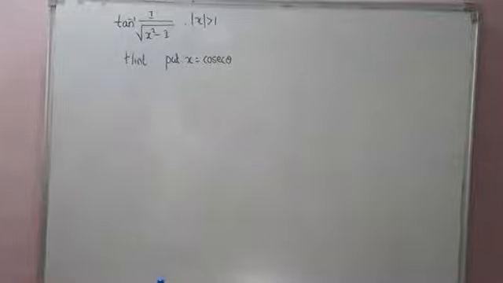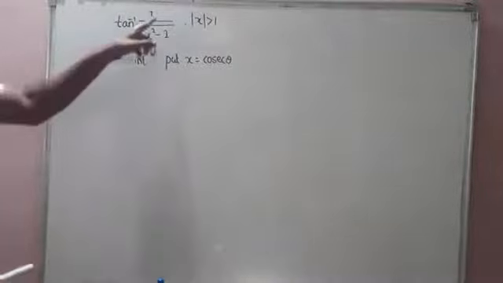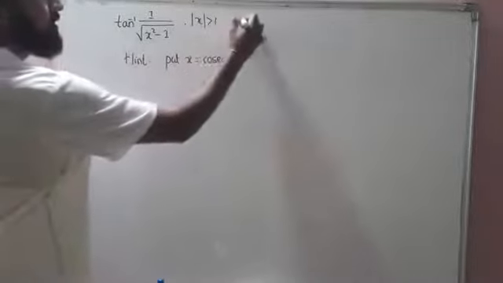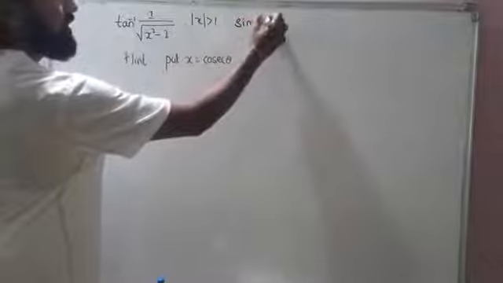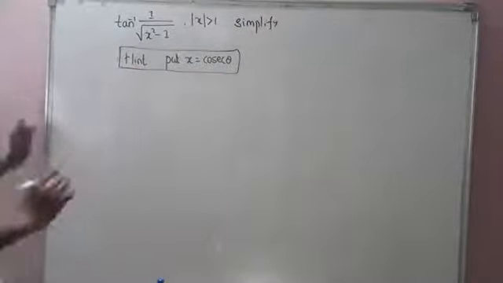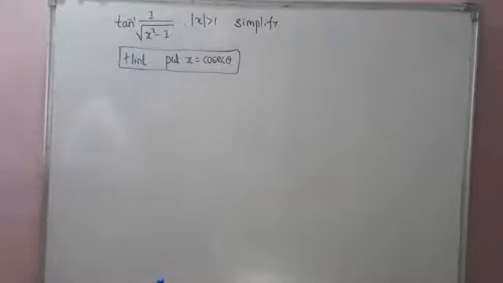Well, dear students, the next question is, we have tan inverse of 1 divided by under root of x square minus 1, you need to simplify it. What you have to do is simplify, and I am giving you the hint. Put x equal to cosec theta and this will turn out to be a very simple one. I am not going to solve this one. You have to solve this one and give me the answer in the comment box. I'll wait for your answers in the comment box. Please pause the video and try to solve it.